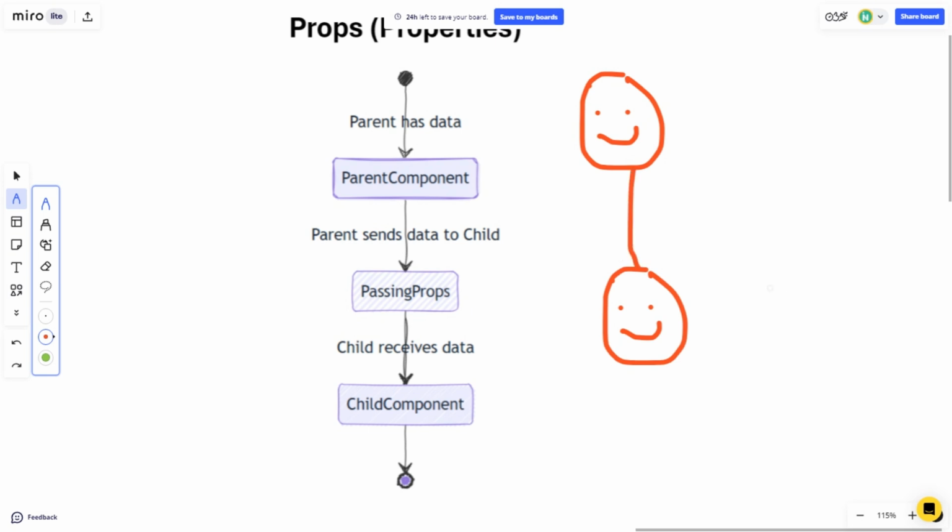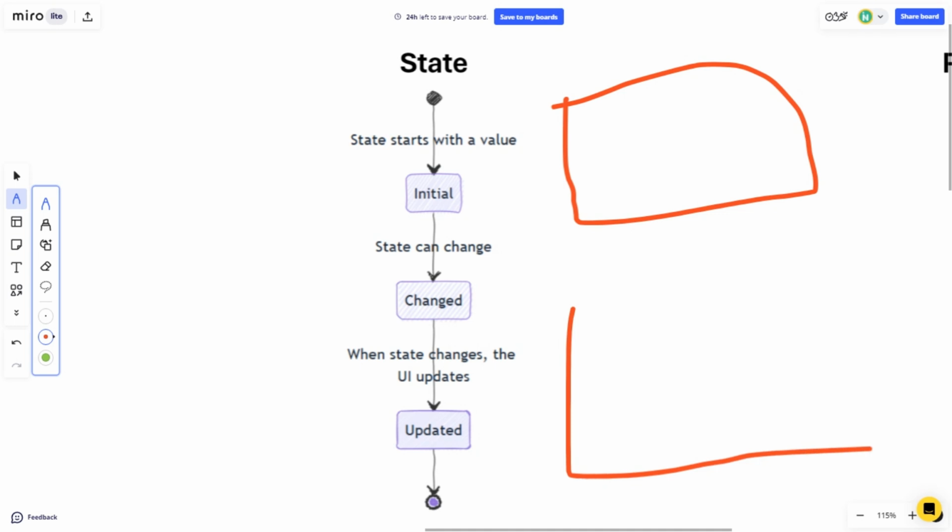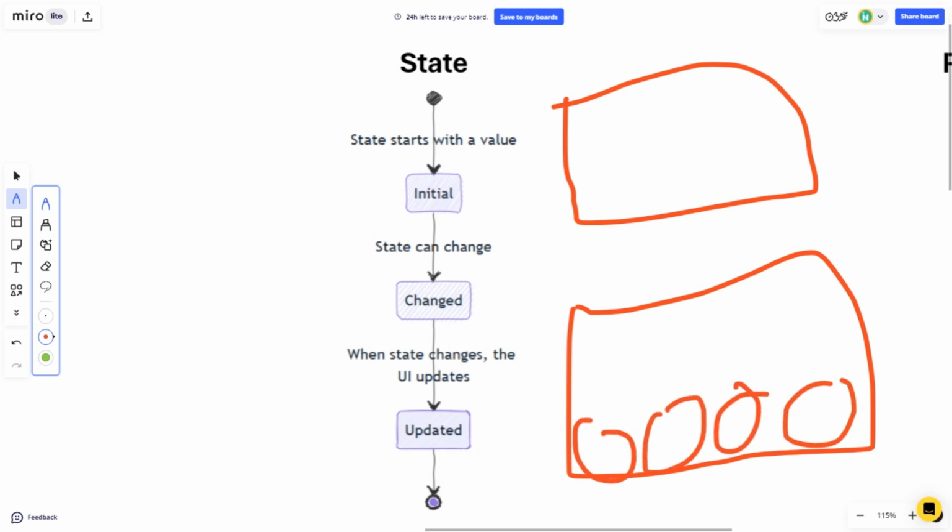Now we will see what state is. You can assume this is a box which is initially empty, and it has some balls and elements. Initially, you can see this box. You can assume this is an initial state.